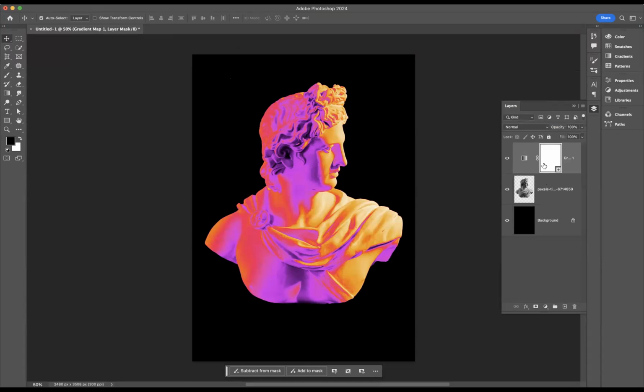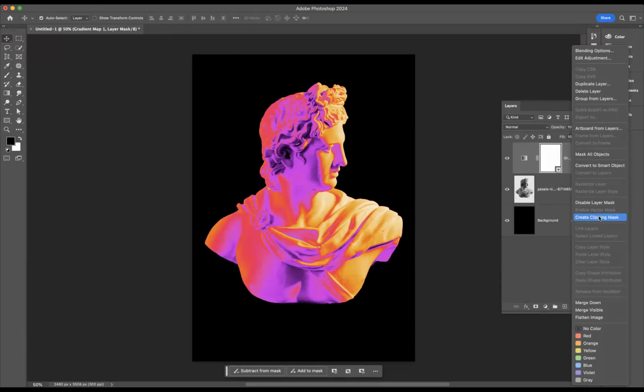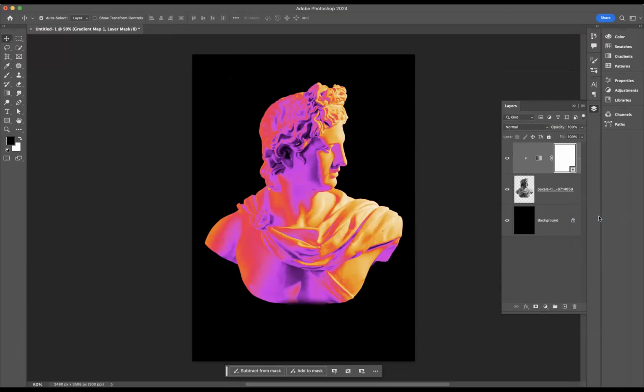So I just want to affect the bust layer. So I'm going to create a clipping mask out of that. I'm going to go onto the gradient map layer, right click, create clipping mask. Okay. Now, the last step that I need to do is if I come to the original layer of that